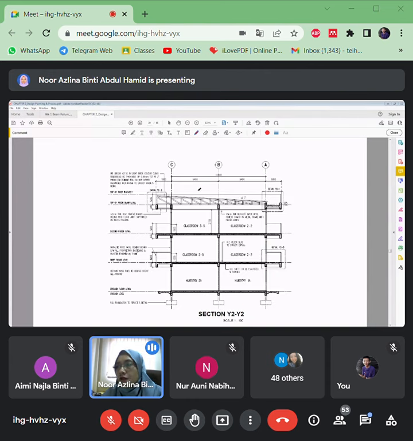From the cut section also you will see the trusses. In the layout you can't see them, in the layout you only see lines. But from the cut section you will see this member. Trusses you will have to design too. You have to know the height, the size and everything.